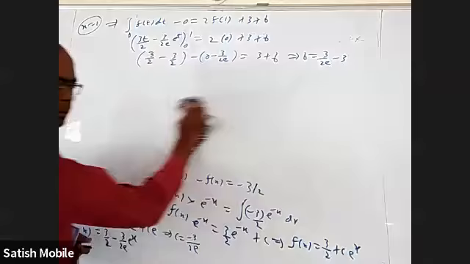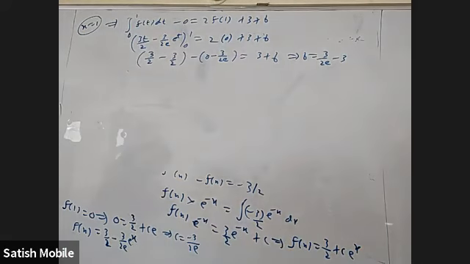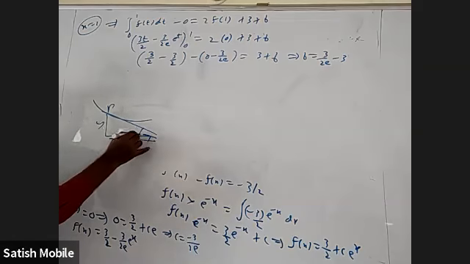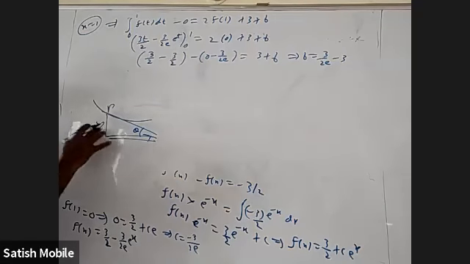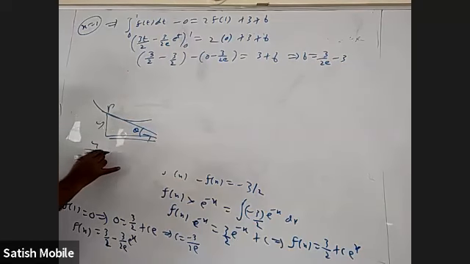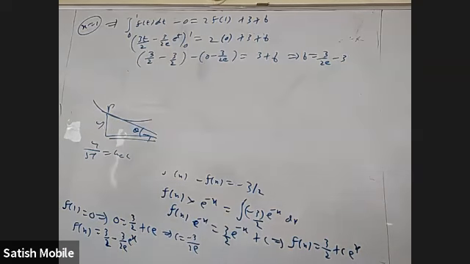Anybody? Is it y into dy by dx or y by dy by dx? y by dy by dx. Okay. Even if you want to derive, it doesn't take much time. Let us say this is a tangent, this is P, this is T, this is Y, this is theta. I want this. So y by subtangent is tan theta, which is dy by dx. So subtangent is y by dy by dx, right? Yeah.